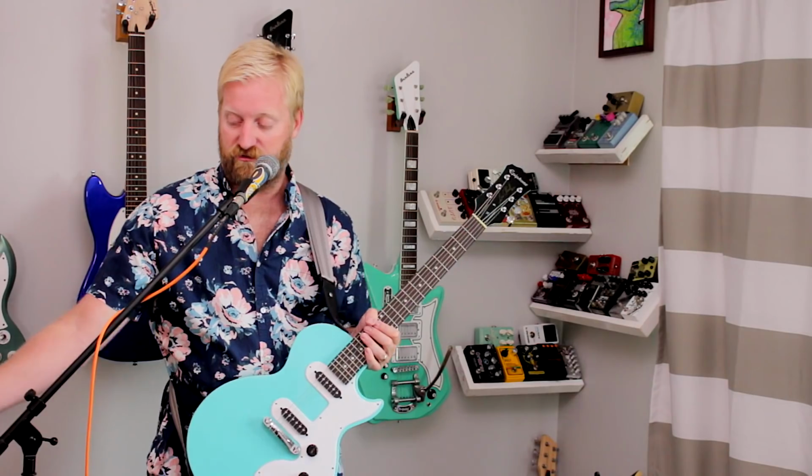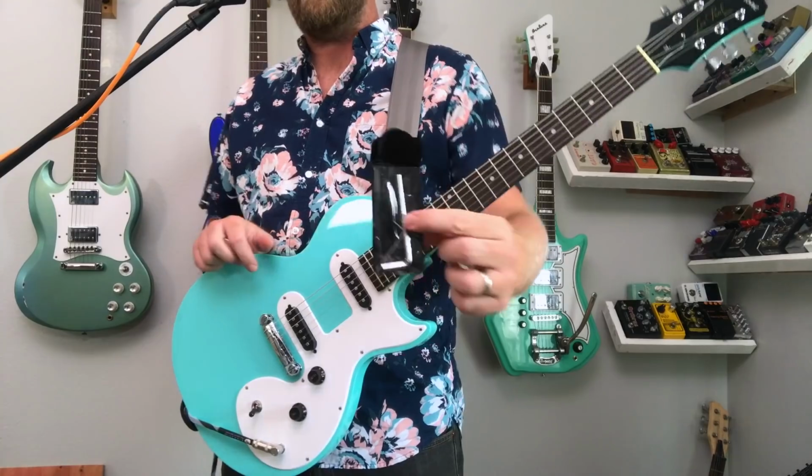And also, I did a little bit of tweaking of the intonation. It came really close to good intonation on here, well within an acceptable intonation in my playing experience. But I wanted to get a little bit closer. All the strings across the board were just a little bit sharper than they should have been on the 12th fret. So I was tweaking around with it. I was using the Allen wrenches it came with,